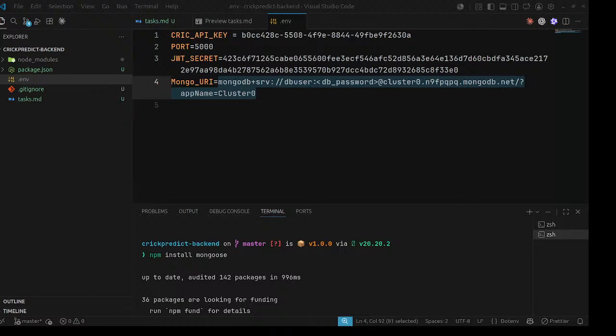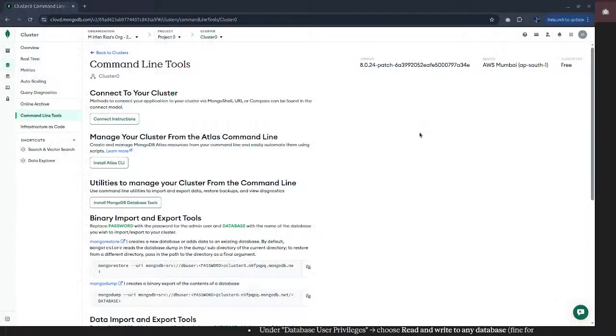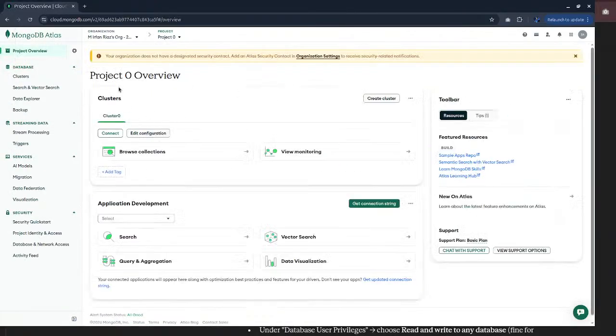I'm still stuck where I can see the mail. I'm still trying to find where it is. This is my project. In this project, I have a cluster: browse cluster, view monitoring, view cluster, create cluster. I already have one.